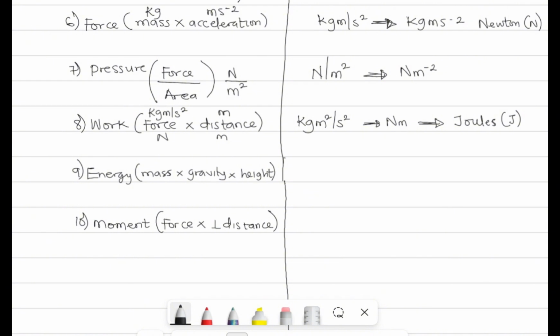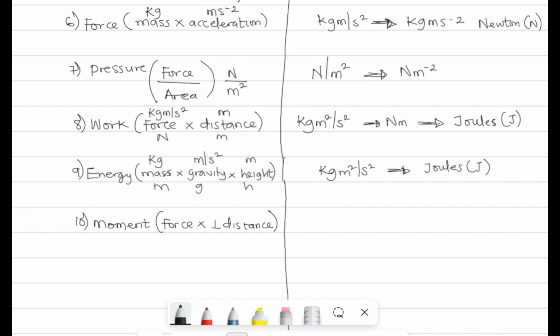We have energy too. Using potential energy, we say that's mgh, mass times gravity times height. There's also kinetic energy, but whichever one we use, you get the same unit. Remember that mass is kg, gravity is meter per second square, and height is meter. When you multiply all of this, you get kilogram meter square per second square, which is the same as joules. So the unit of energy is joules. Please take note of that, joules with a J. Anytime you see 30 joules, that should be talking about either work or energy.